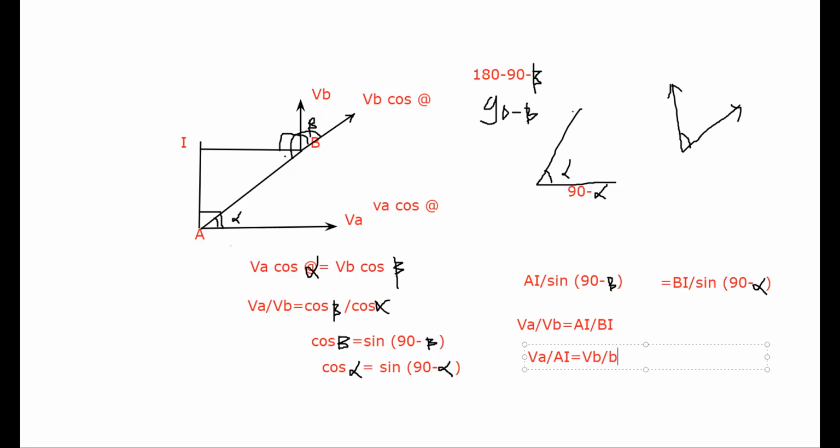Similarly, I can write VC divided by CI. This is the thing I have to prove here. So what will be the